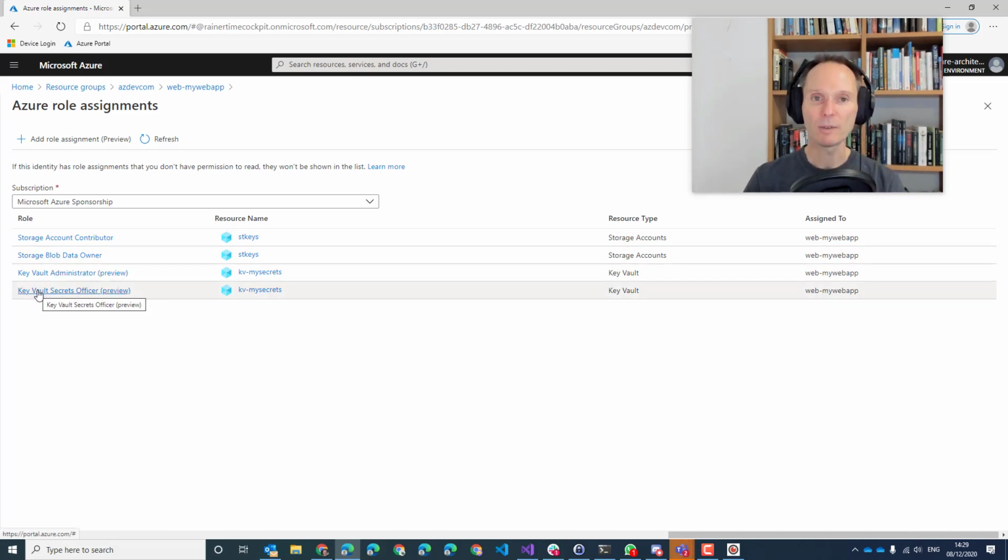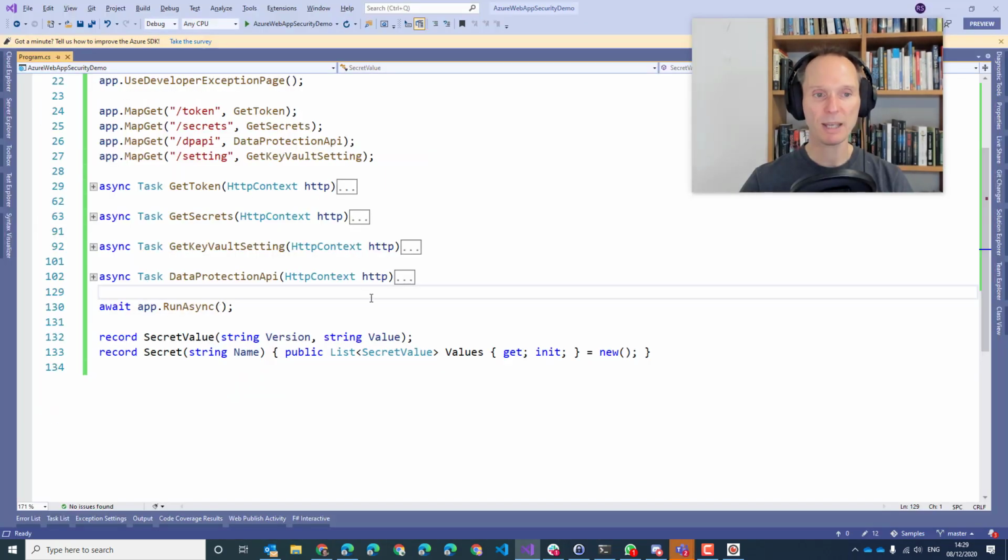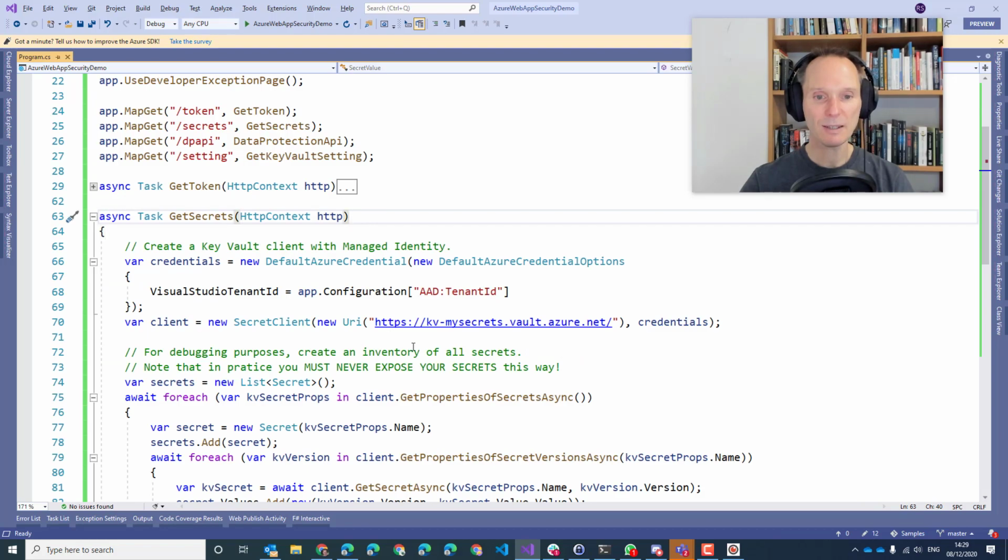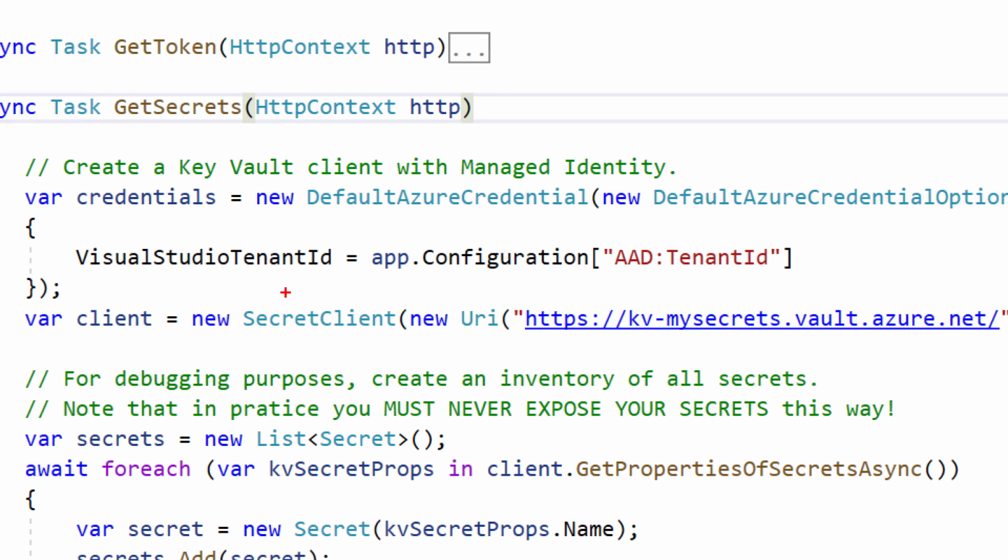And that's the point. How do I access KeyVault with my precious secrets in it? With managed identity. How does that look from a developer's perspective? You have already seen it here. All you need to do is, whenever you create a secret client or a blob client,